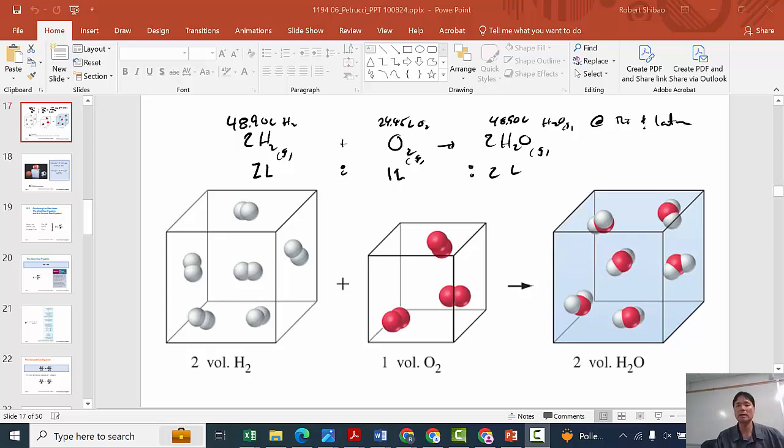All right, this is one of the applications for Avogadro's law. That is, if the temperature and pressure are constant, that is, they don't change from going from reactants to products, then we can just use the volume ratios in place of the mole ratios. So it's a 2-to-1 mole ratio, and there'll be a 2-to-1 volume ratio. And then if we know the molar volume